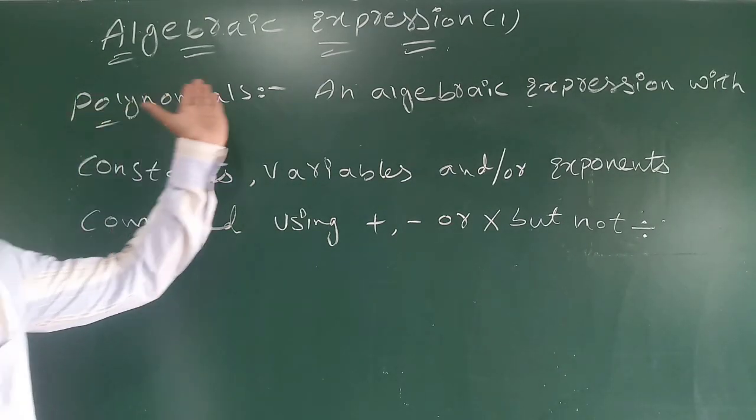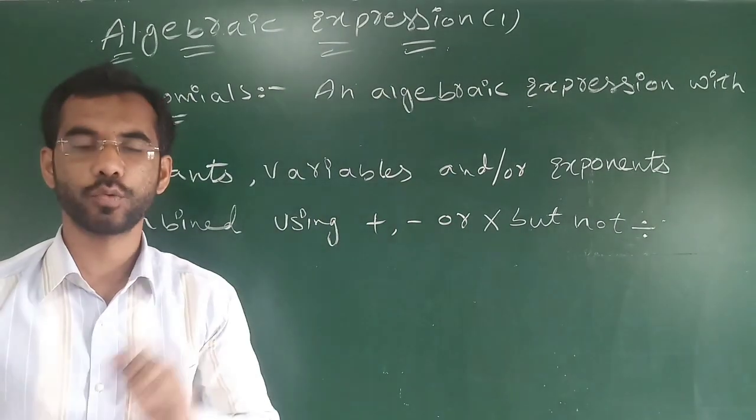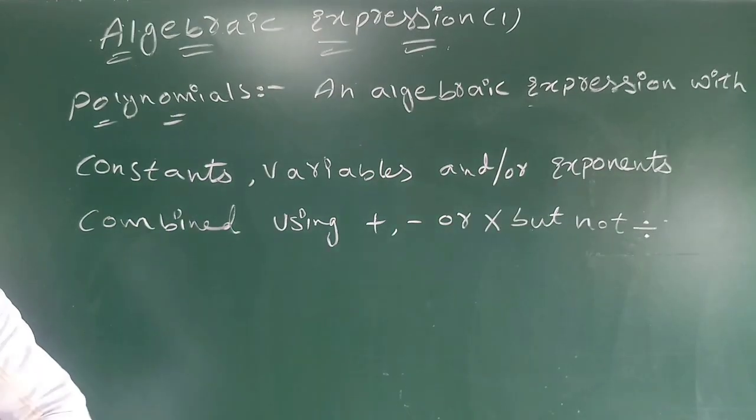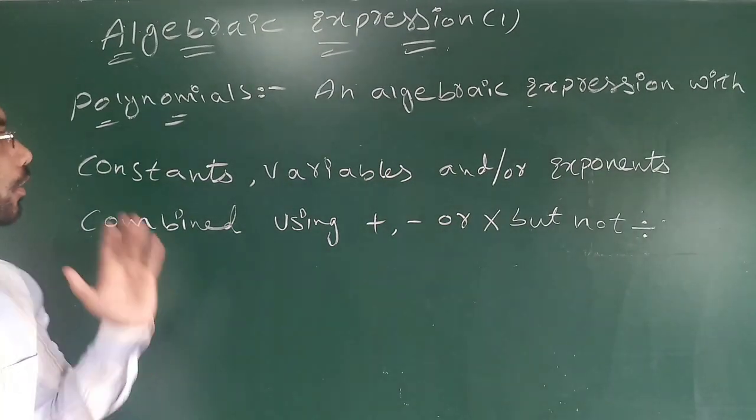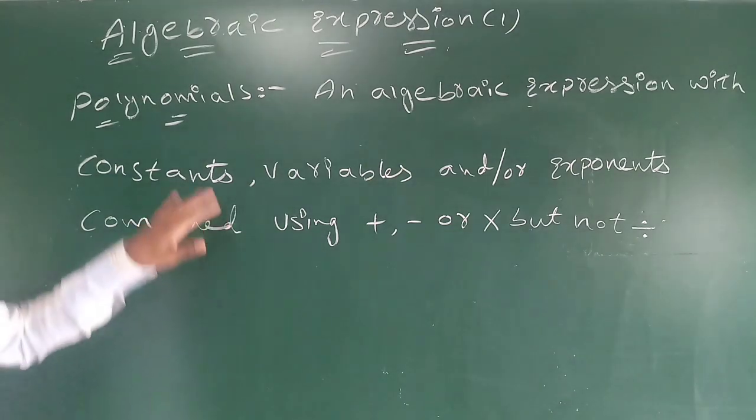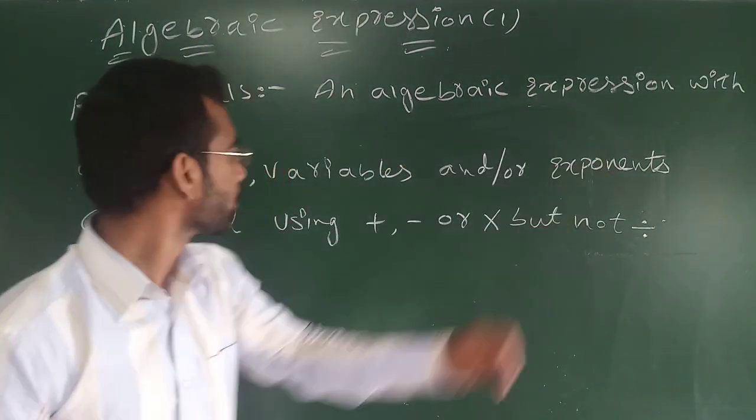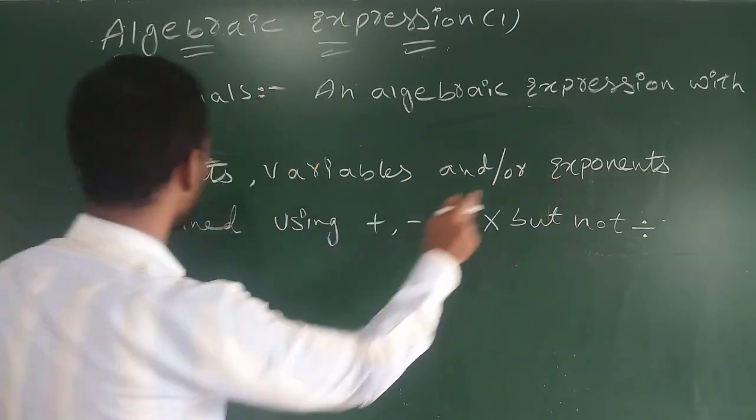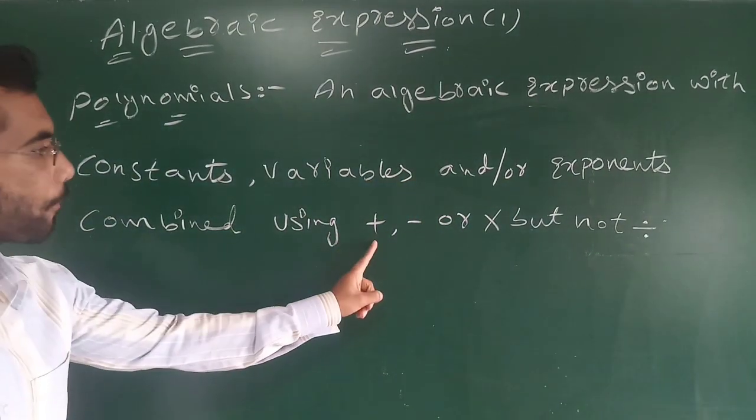Explain about the algebraic expression, part 1. In this we will learn about polynomials. Most of the students are confused about polynomials. So we will learn about the polynomial: an algebraic expression with constants, variables and/or exponents combined using plus,